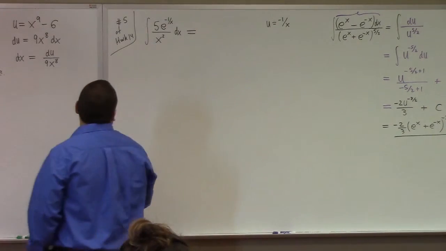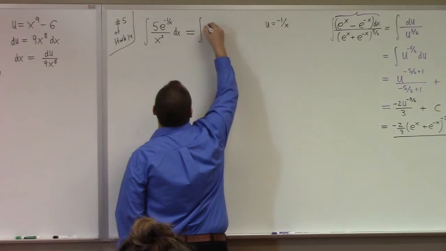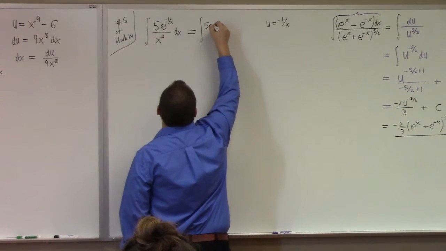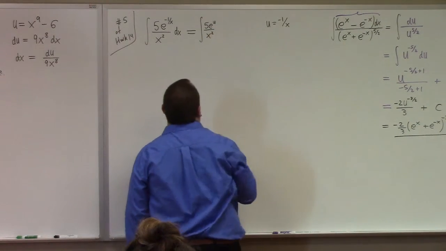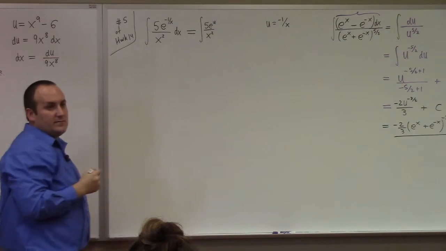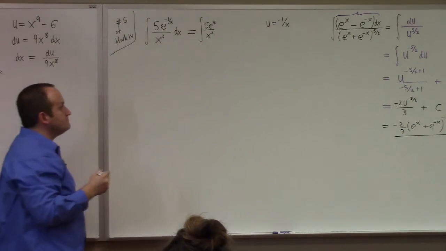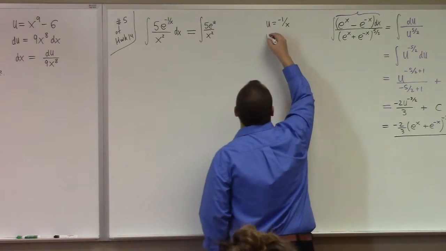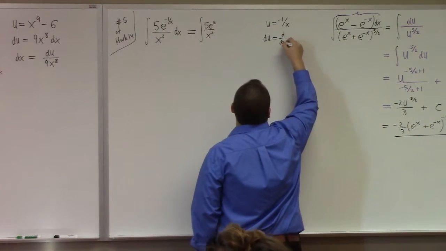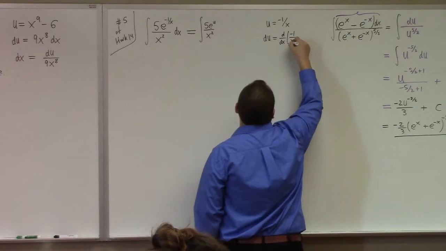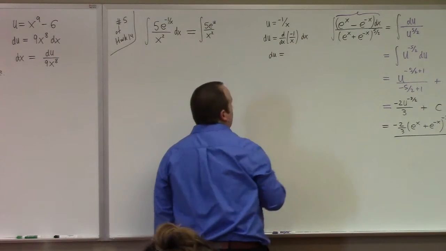Because with that substitution, this becomes nicer, right? It just becomes the integral of 5e to the u over x squared, right? And then there's the dx we'll figure out in a second, but that's better. E to the u, right? So what's du? So that's d dx of minus 1 over x, right? What is that, though? What's the derivative of 1 over x?